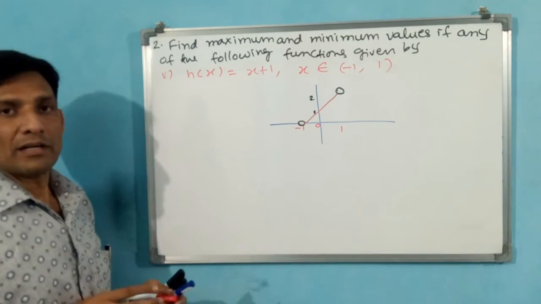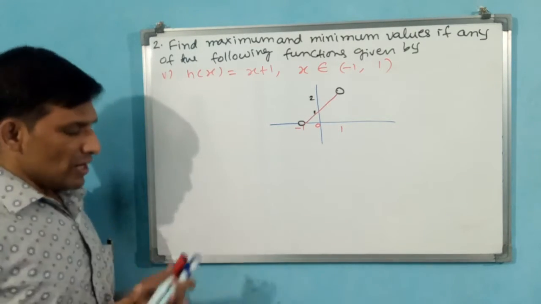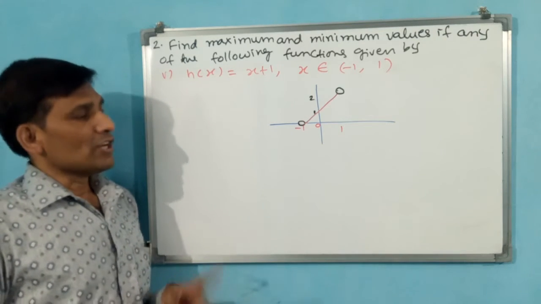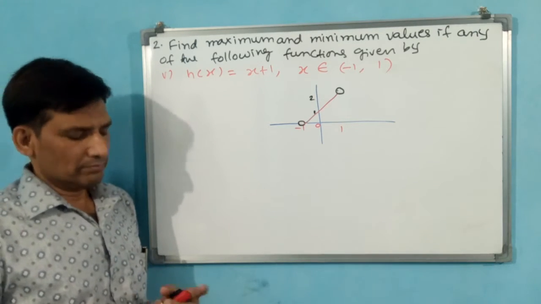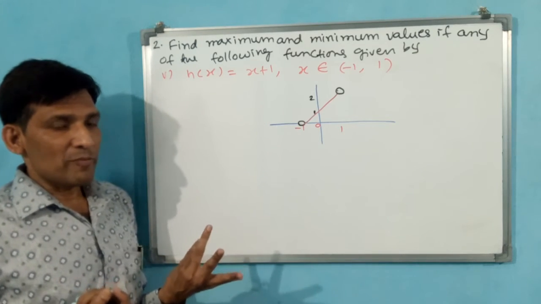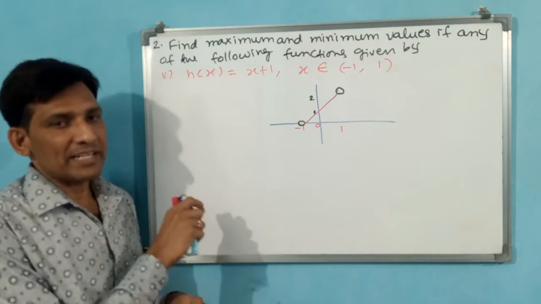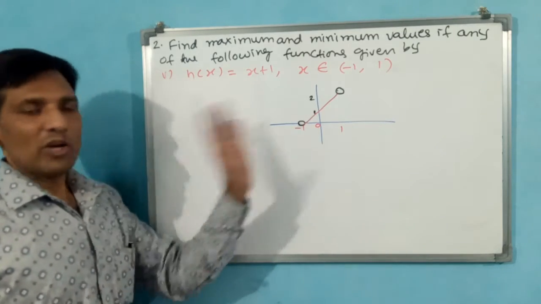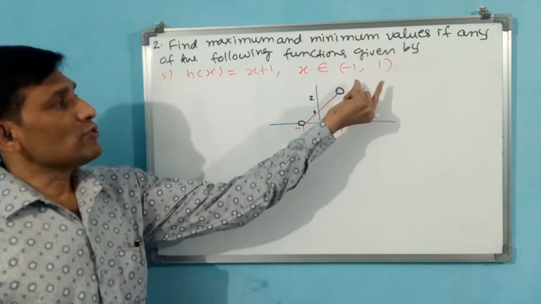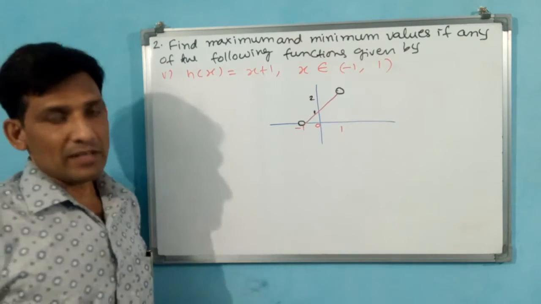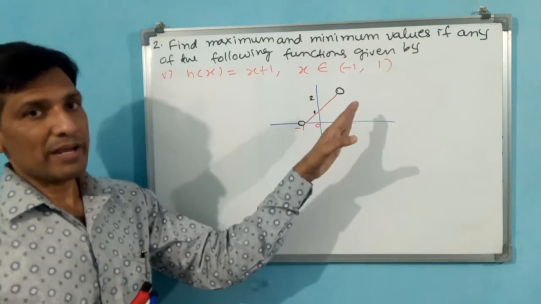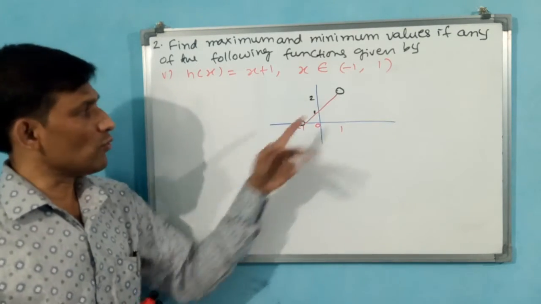Understand this? Okay. Now you tell me, there are two things you have to understand first. Is there any turning point? No. Because there is no turning point, there is no minimum value or maximum value. First you understand the concept here. No turning point, and also there are no fixed points. Open intervals are there: greater than -1 you have to give, less than +1 you have to give.